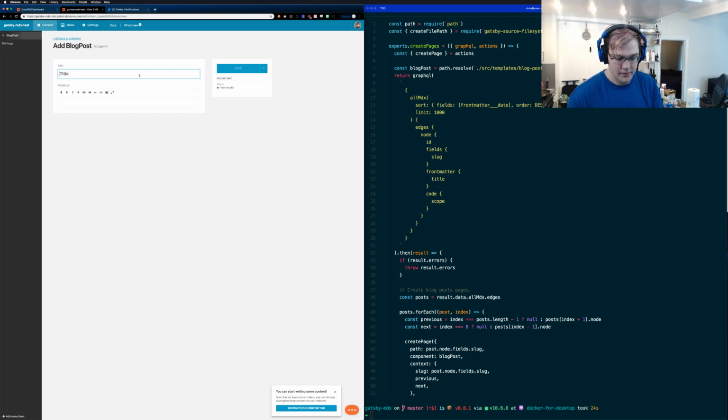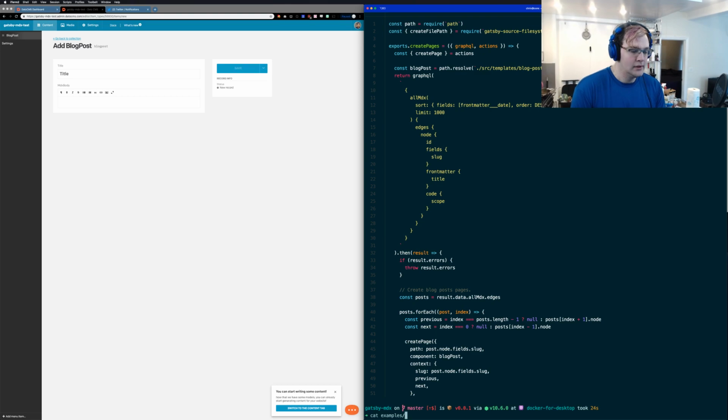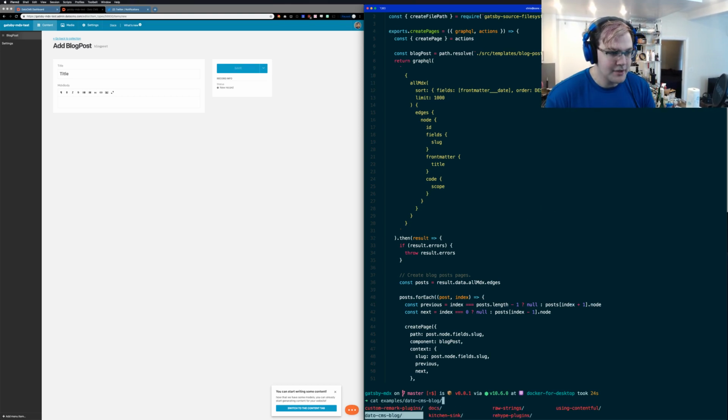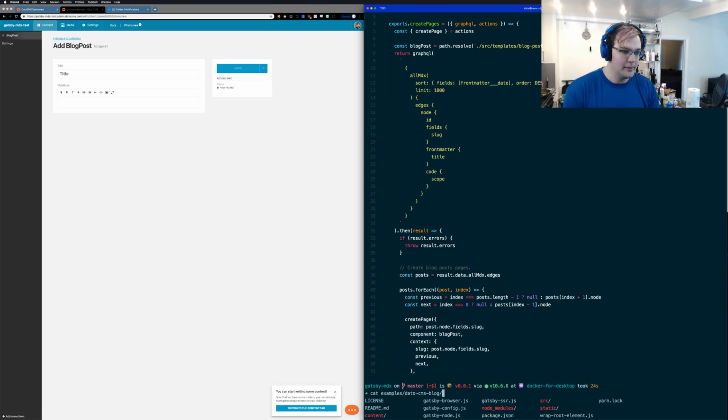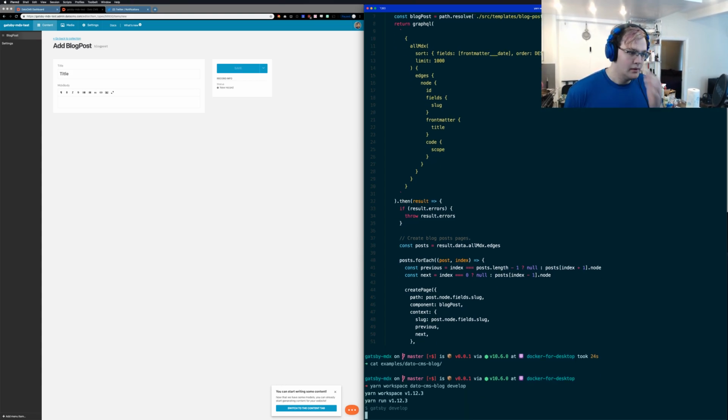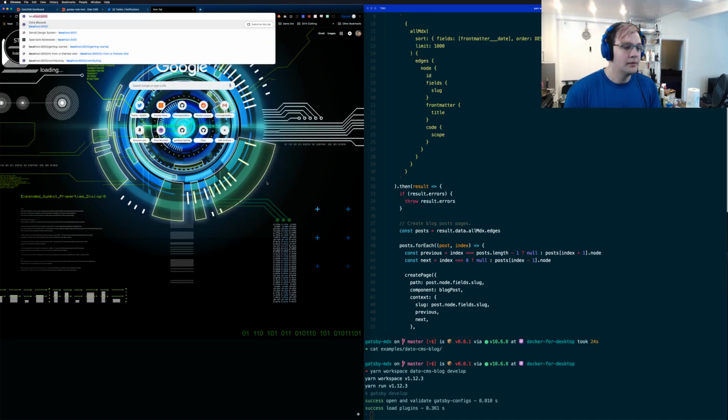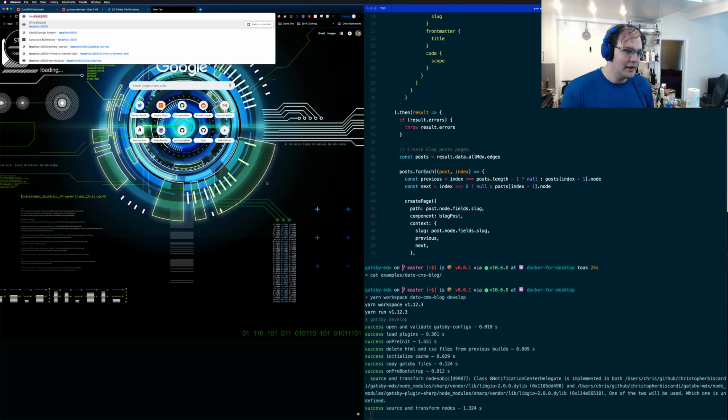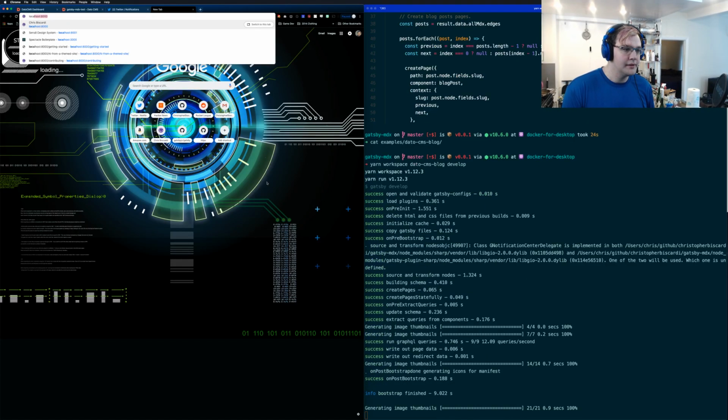And then we do like, I don't know, let's just copy in some content from what we have in this example. Because basically we're going to run this example, make sure it works, and then we're going to take the content from the example. Yarn Workspace, DatoCMS blog. I need to write an autocomplete for workspaces names. And then develop should be it. And that should work, so we'll check that out. I might be running something else, so it might run on 8001, but